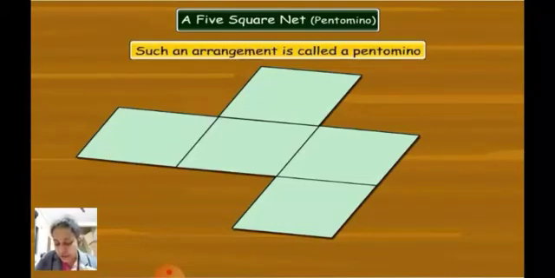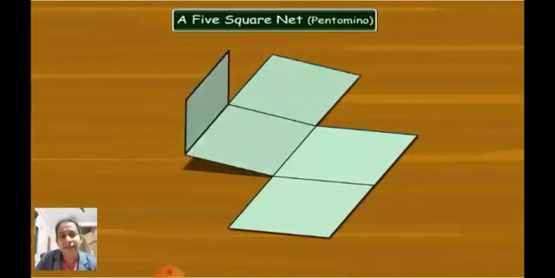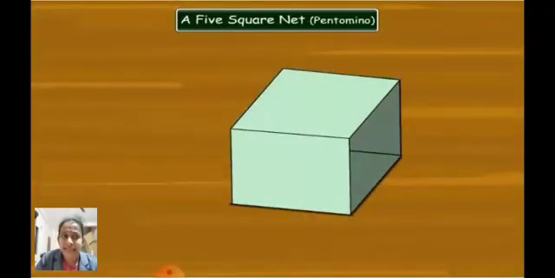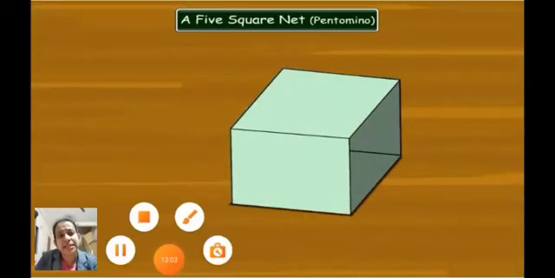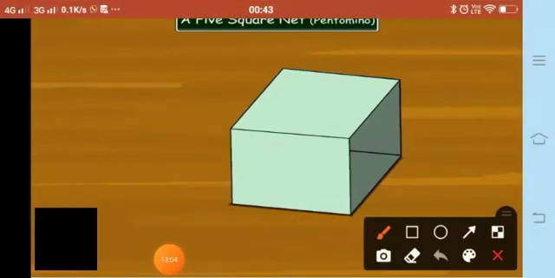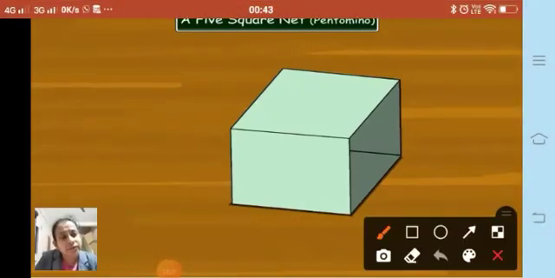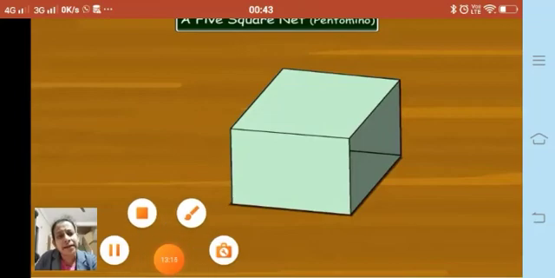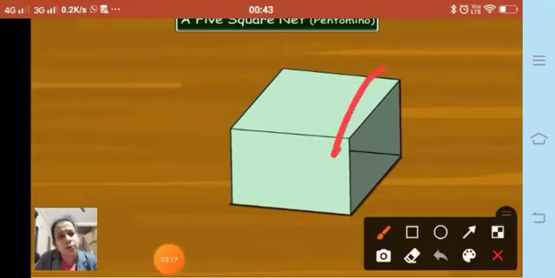Fine. So now let us try to fold this net along the bold lines. When we fold this net, what are we getting? We are getting an open box. You can see an open box here. All these 5 sides are closed, whereas this side is nothing but the open side. That means over here, this is open. Other sides are all closed. Correct, right?